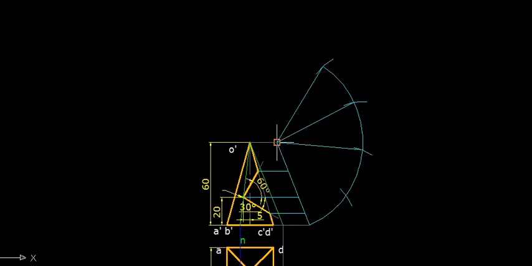The next thing we have to note here is that this line should be joined by a straight line. Okay, these 2 points should be joined by a straight line, not by a curve, as in the case of a cone. In the case of a cone, the base is circular, that is why we do not join the points by a straight line, but here we will have to join this by a straight line. Now let us name these points starting from A.